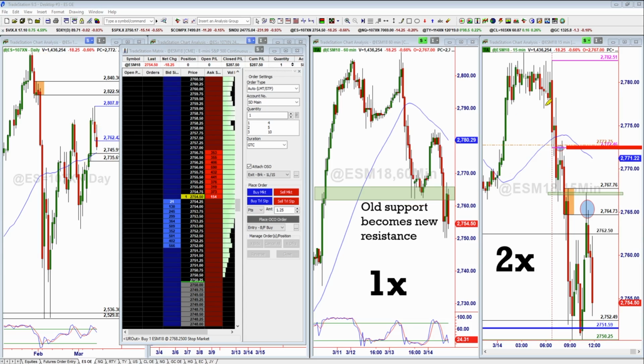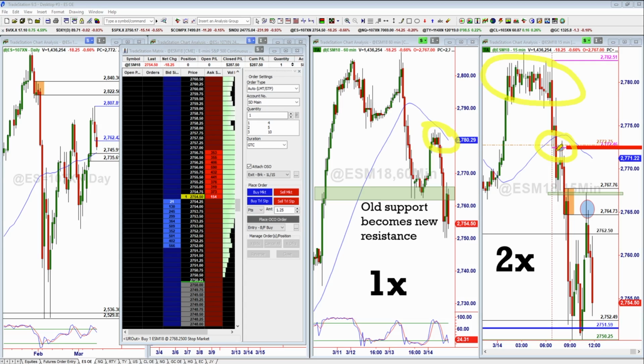And so if you take a look over here, let's go over to the 15-minute real quick on the right-hand side of the screen. I talked about having a couple opportunities in here, and the first one really was up here at the previous close, 2772 3/4. This was the opening print for regular trading hours, top of the first 15 minutes, bottom of the first 15 minutes worth of trading. Prices were rejected from this area up here. That's up in here. We moved lower